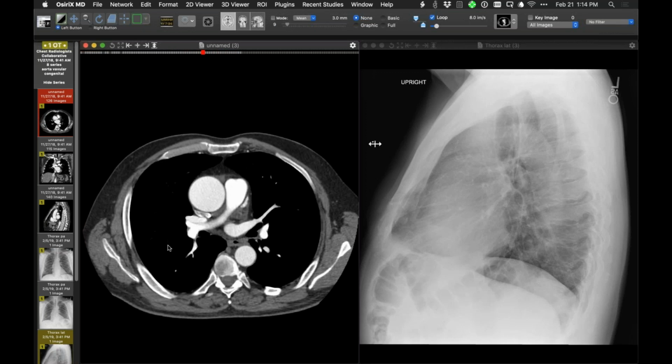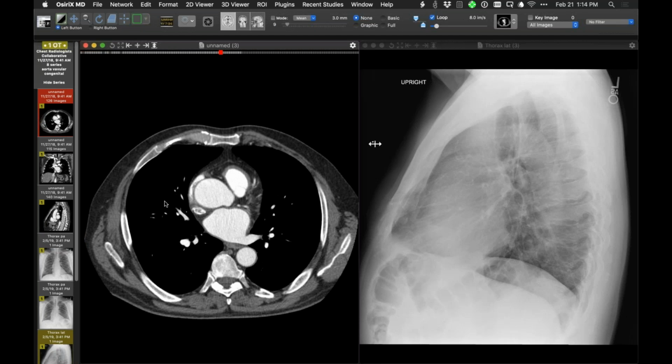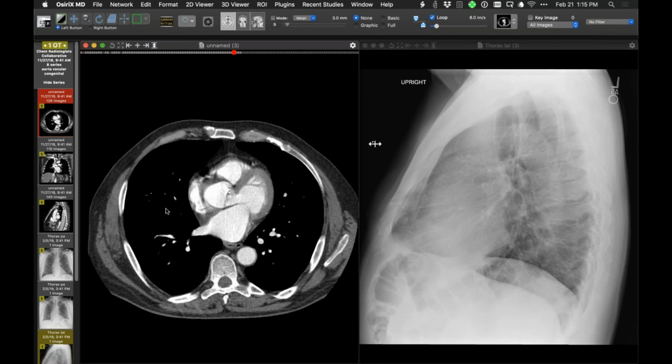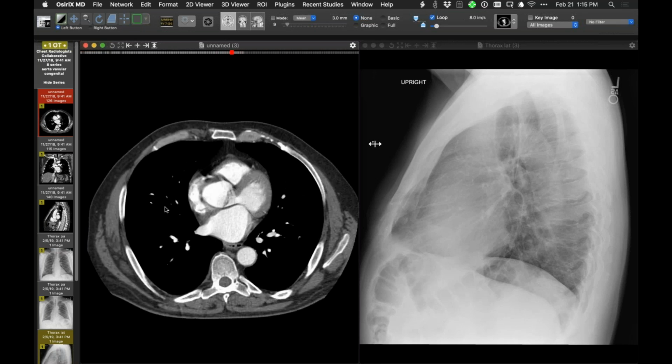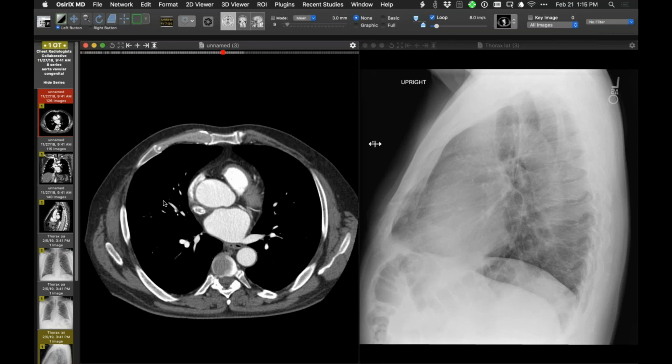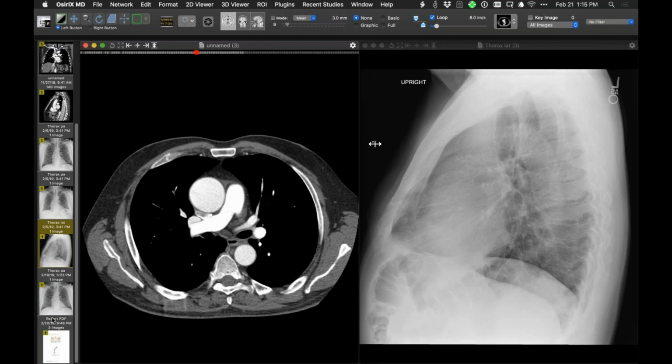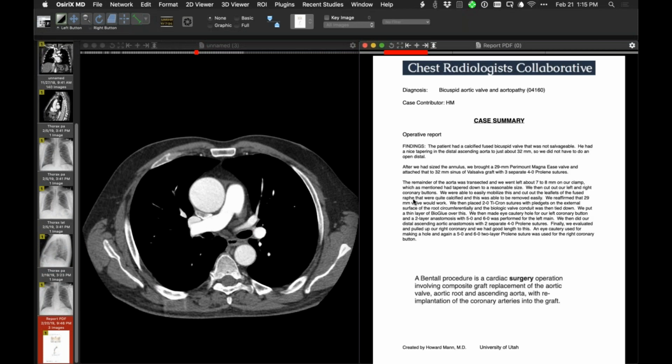And then part of the discussion of bicuspid aortopathy is whether there's also a soft tissue or connective tissue component to the disorder, not just the notion of the jet of blood through a bicuspid valve producing this dilatation of the aorta. So that's what that person has. And then just to clarify things, just because I read the op report and saw what they did. So they have to deal with the valve, of course. They're dealing with the ascending aorta. So this is a Bentall procedure in which there is a replacement of the aortic valve and the root and